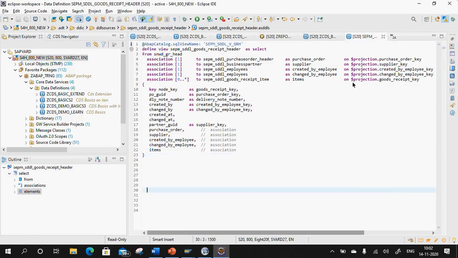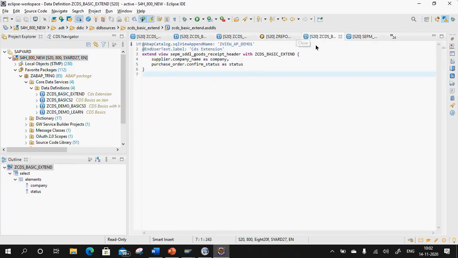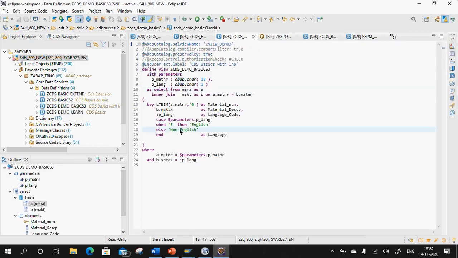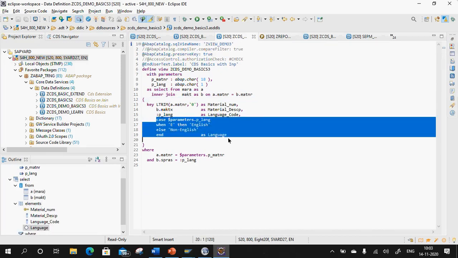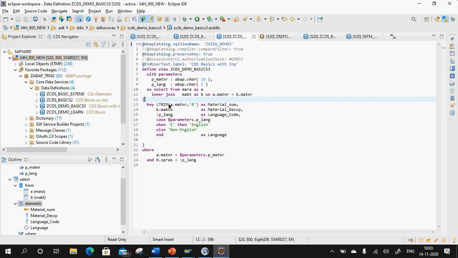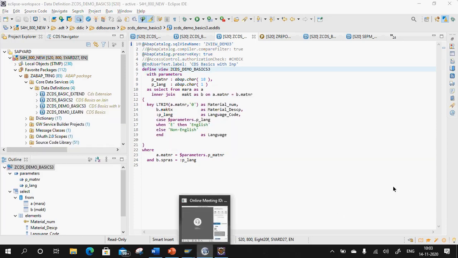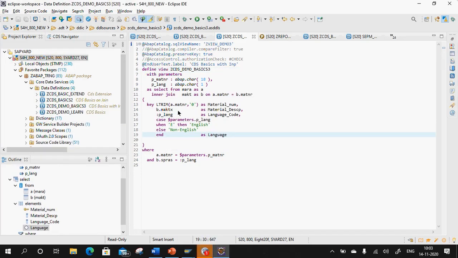Yes, case everything. When I showed this case, I just showed it for the purpose of this. You can even do it on your material number, MAKTX, whatever column name, field names are there. Got the point, Asit? You can do it either on parameters, or on your original field names, you can do it on anything.